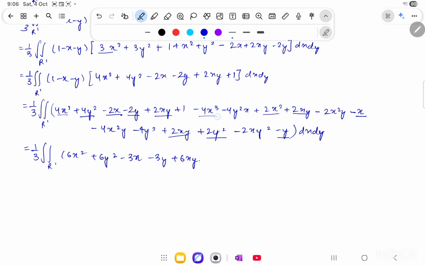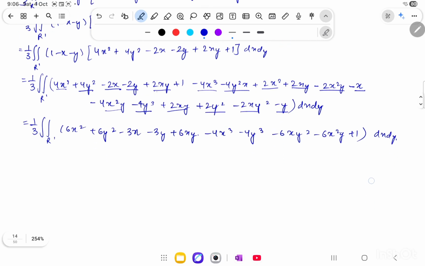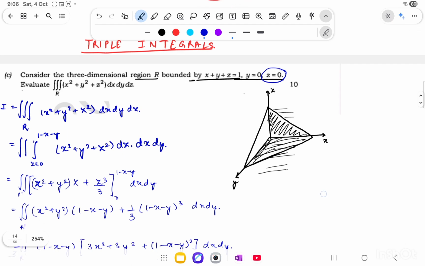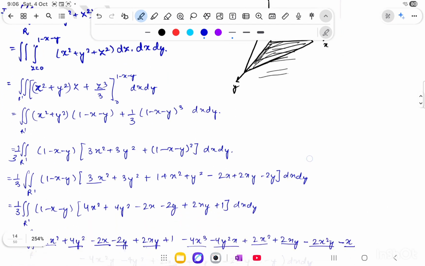The x cubed terms are minus 4x cubed and minus 4y cubed here, and minus 6xy squared and minus 6x squared y, plus 1, dx dy. Now if you see that y varies from 0 to 1 minus x,